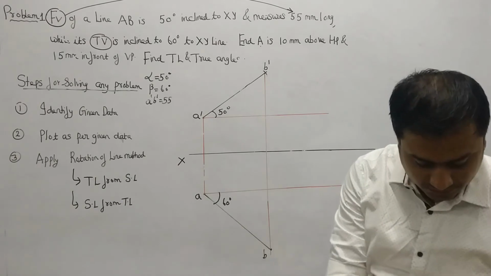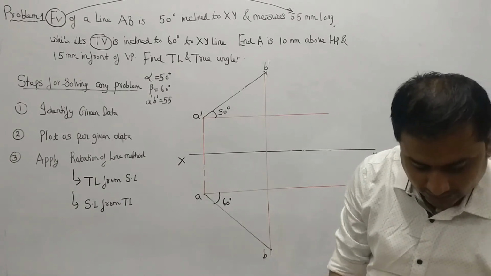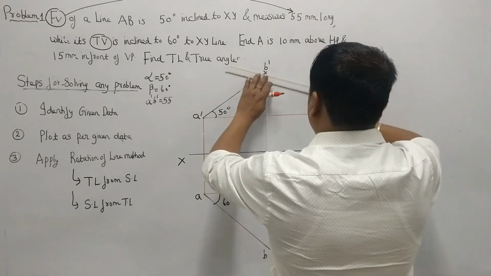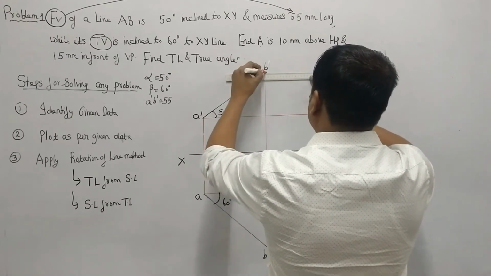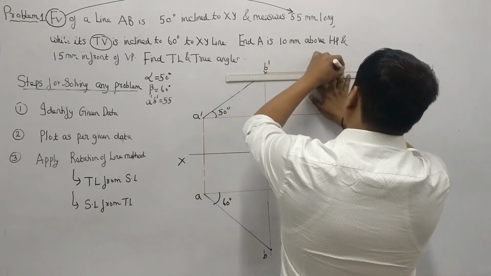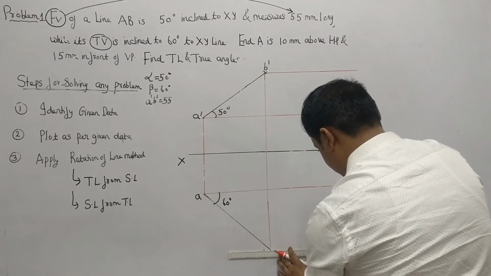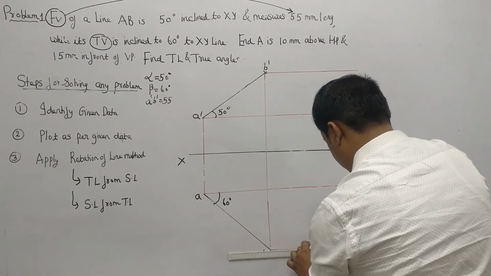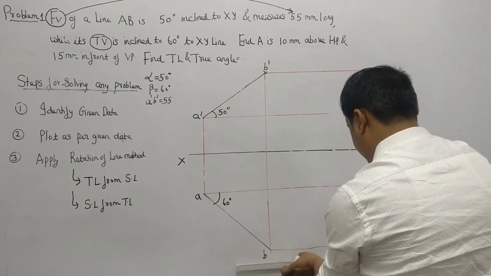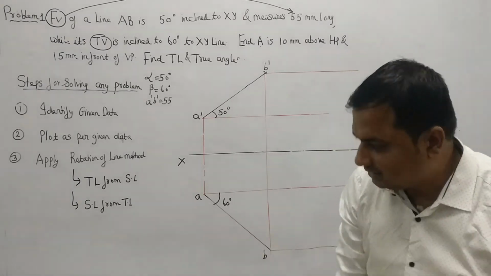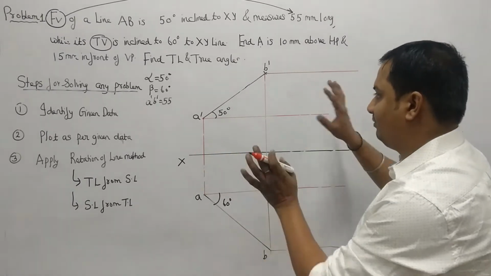So that is my top view, that is AB. So again I will be drawing the locus from B dash, because this is very important, locus. Also I will be drawing the locus from the B point.